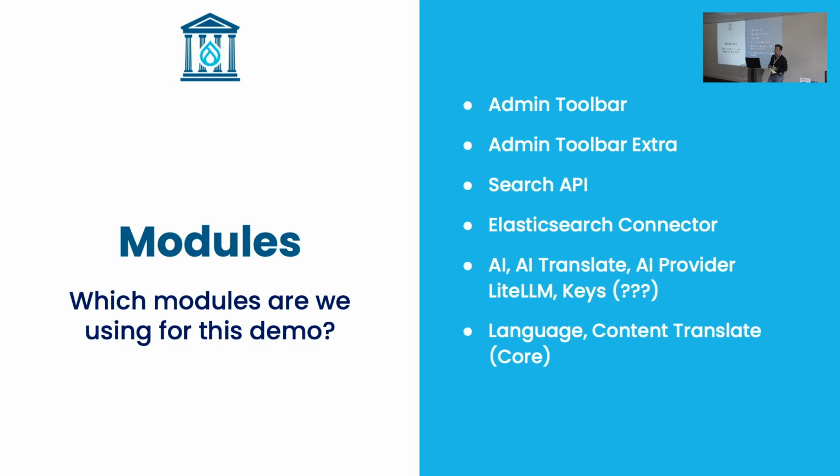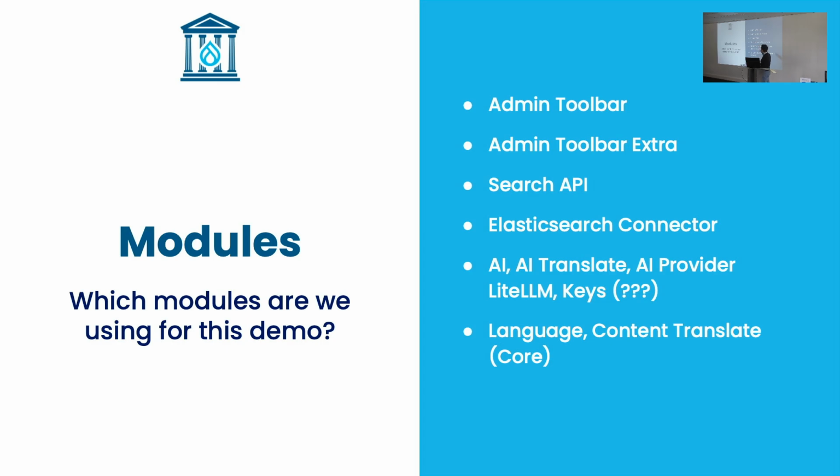well, a package of modules: AI Translate, Language, Content Translate. I put some question marks there. Why do we need that? Well, if you read the description of my talk, I said that the content that I'm going to use would be in Dutch, because I had the luck to receive some 500 medical content items in Dutch. But of course, if I did the example in Dutch, for me, I'm not there yet. I think also not for many of you. So we would not be able to follow the examples.